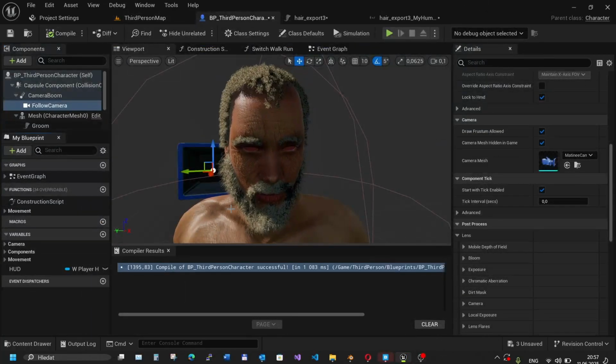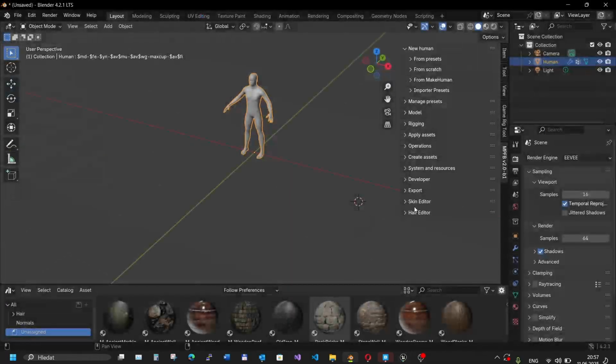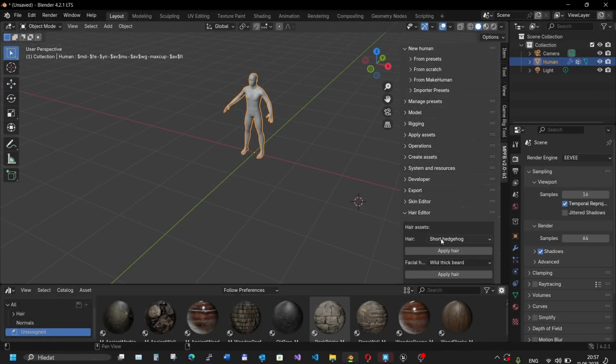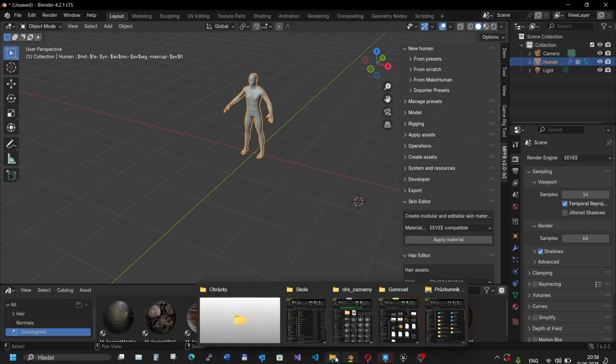And for the final part of this video, I'm gonna show you how to add your own hair assets to the editor and own textures into the already existing two materials. So let's get to it. We need to